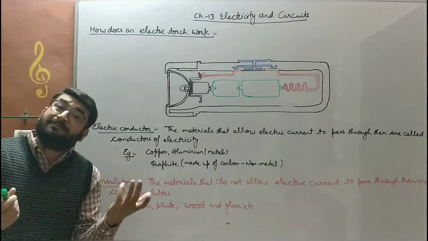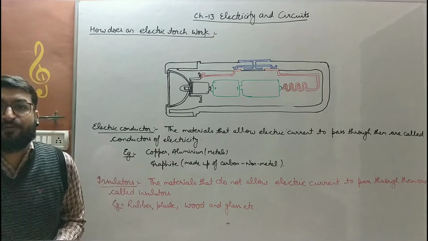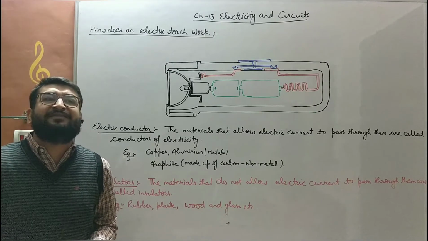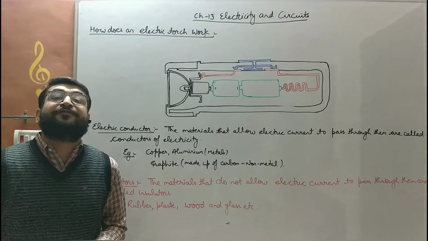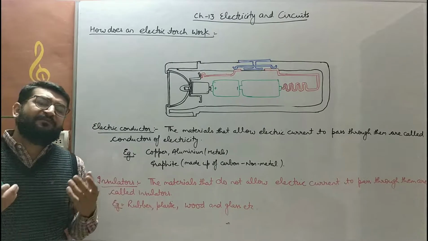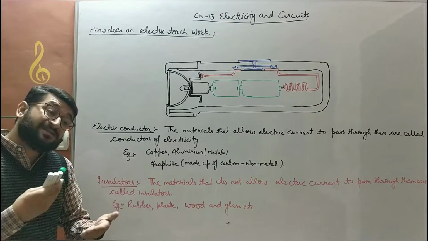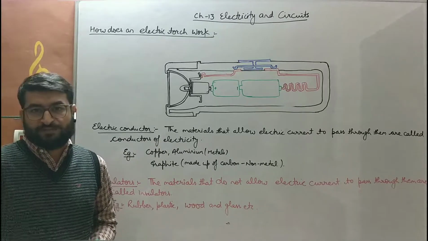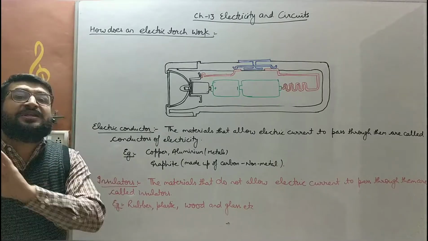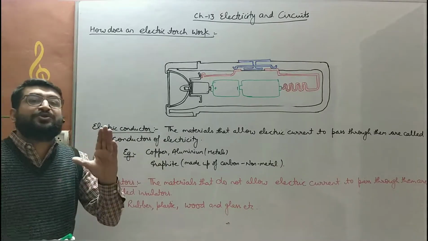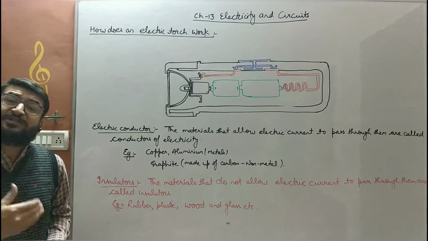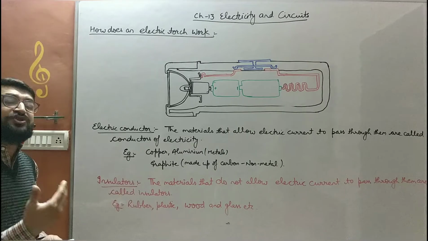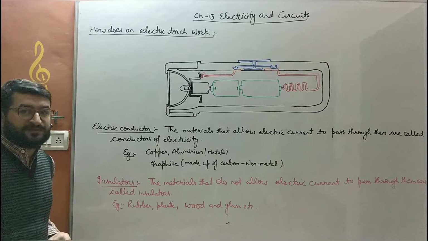Second, the bulb may be fused. What do you mean by a fused bulb? The bulb which has either a broken filament or does not have its complete ends is known as a fused bulb. If the bulb is fused, then the circuit still remains incomplete, and in an incomplete circuit the current won't flow. And in the absence of current, there is no lighting of the bulb. So that's what we studied in our previous video: what electric circuits are and their types, the switch, and what purpose it serves.